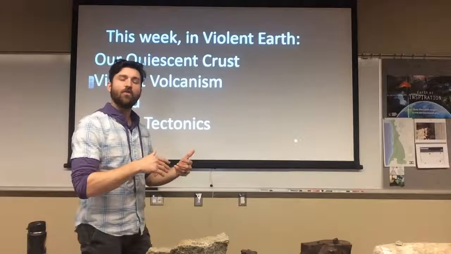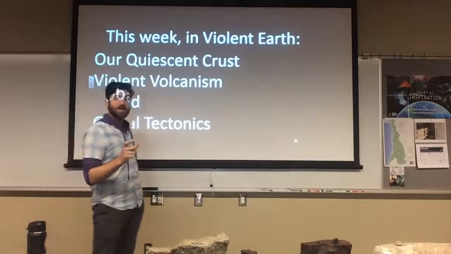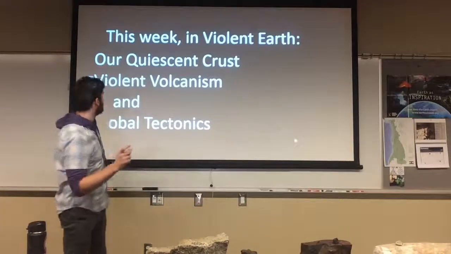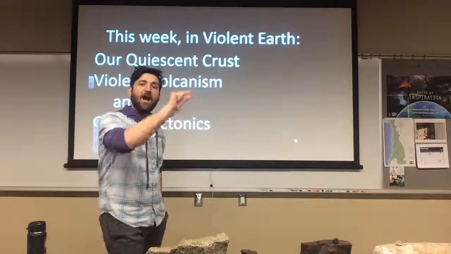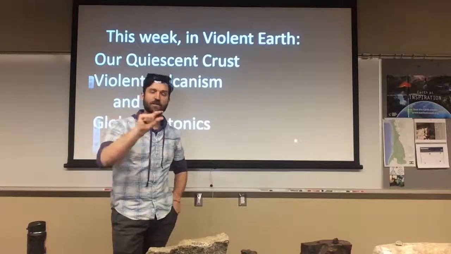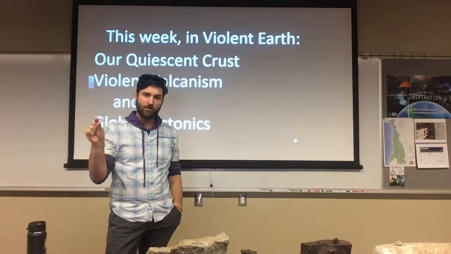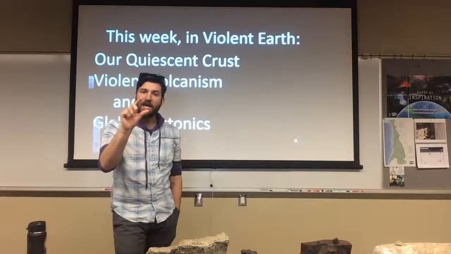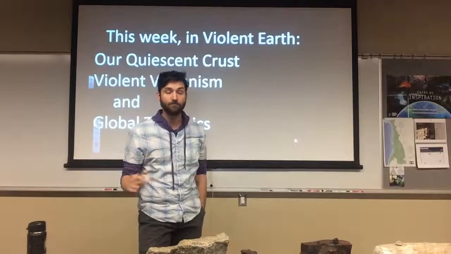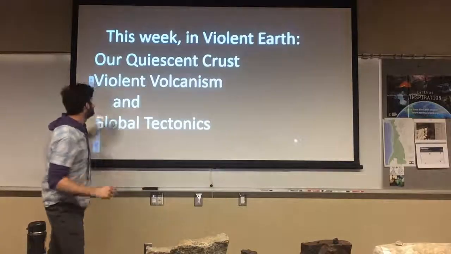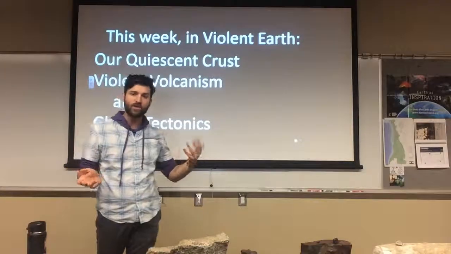So in an attempt to roll that back a little bit, today's material, or week 4's material, starts out by discussing what I like to call our quiescent crust, or the development of the outer skin of the Earth, the crust of the Earth. The whole Earth is silicate based, but the really light silicate material that occupies the upper 10-40 kilometers is what we typically call the crust of the Earth, or a portion of the lithosphere, if you refer back to week 1. Then from the quiescent crust, I'll move on to what we might term violent volcanism.